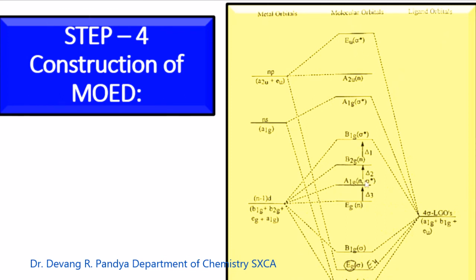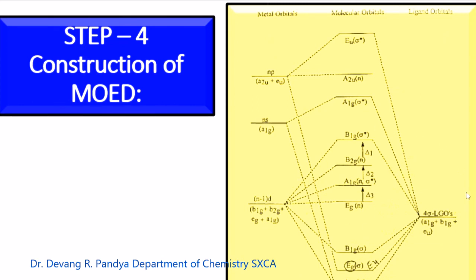Since all electrons are filled from the d orbitals of the central metal ion, because the metal here is not a donor, and it is pi acidic in nature, it has all the electrons in Eg. So the Eg electrons represent metal characteristic in this MOED diagram of